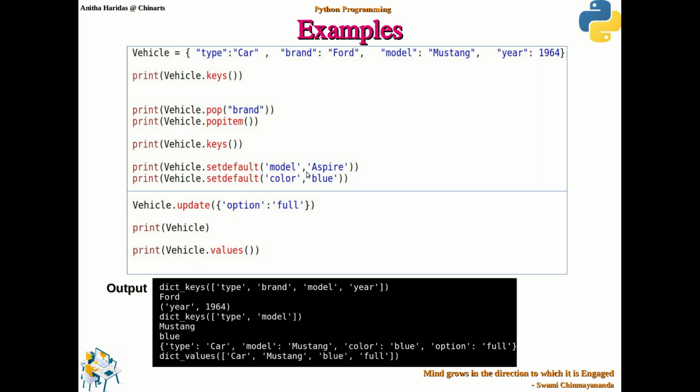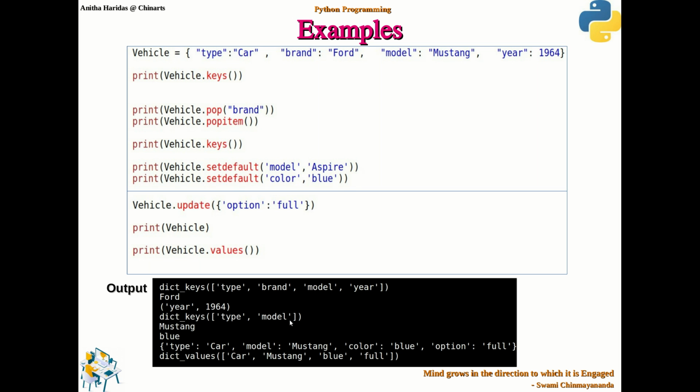Since color is not available here, the color will be inserted into the vehicle and it will return the value blue. So when I try printing vehicle, it will show now type, model and color. These are the three values that will be displayed.